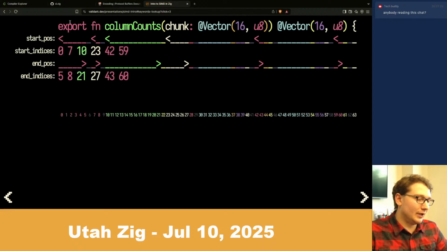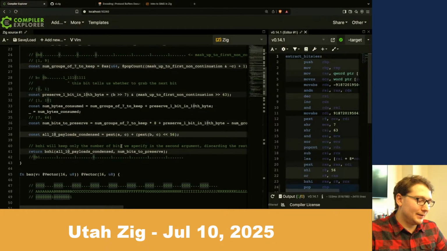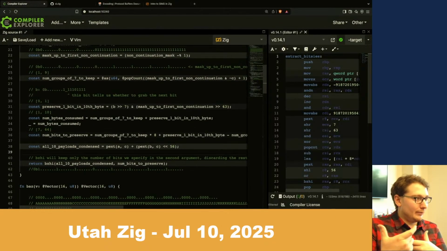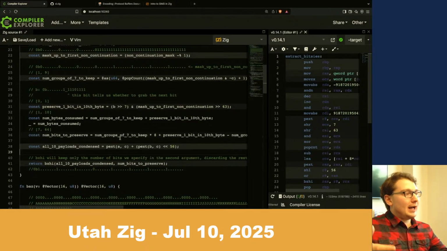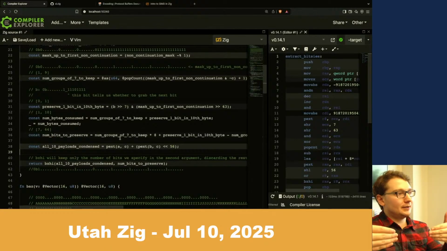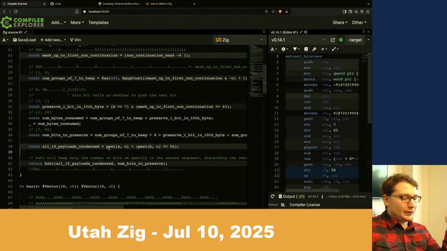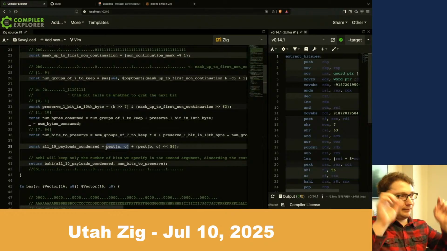So why? The reason why is because inside of each byte in the protobuf spec for var ints, we have 7 bits of payload, 1 bit that tells us whether to grab the next one. We figured out how many we grab, but now we want to compress it so each of those 7 bits are next to each other without the continuation bits. So we just keep the payload information and we discard the continuation information using these 2 PEXT instructions. And so we have the first 8 bytes. We can take out 8 bits, that's the uppermost bit of each byte, to get us 56 bits